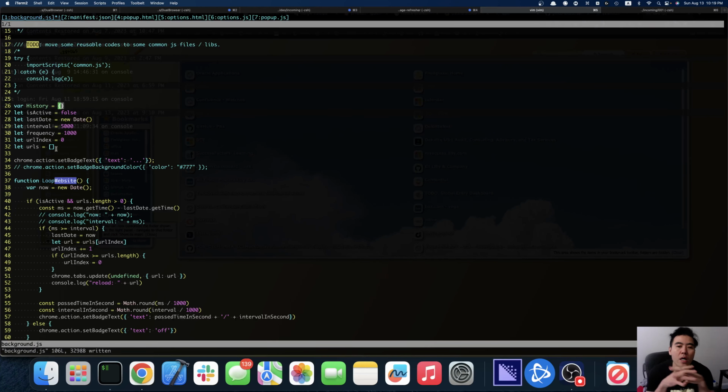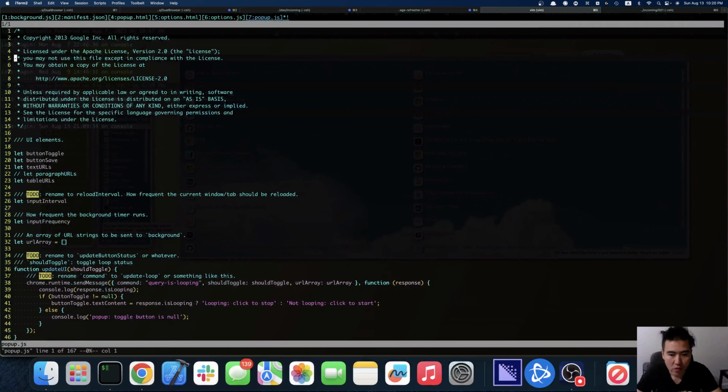So to fix this, we need to repopulate the URL list, and that will require some code change. The easiest code change is that we just copy some code here, but we can do better than that later. So for now, what will make this code work